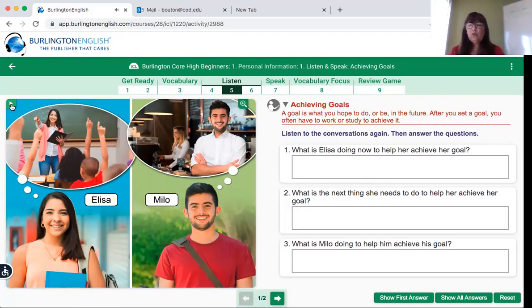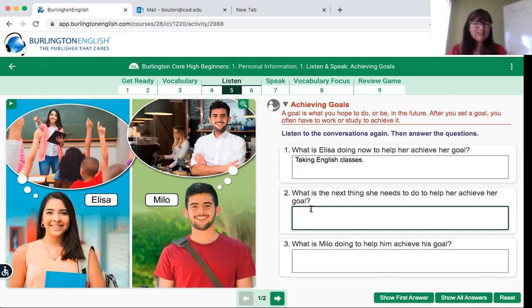So we heard that. I'm not going to play the whole thing again, but what is Elisa doing now to help her achieve her goal? Well, what we heard was she was taking English classes. I want to make sure I get that capital letter on my sentence and period at the end. What is the next thing she needs to do?